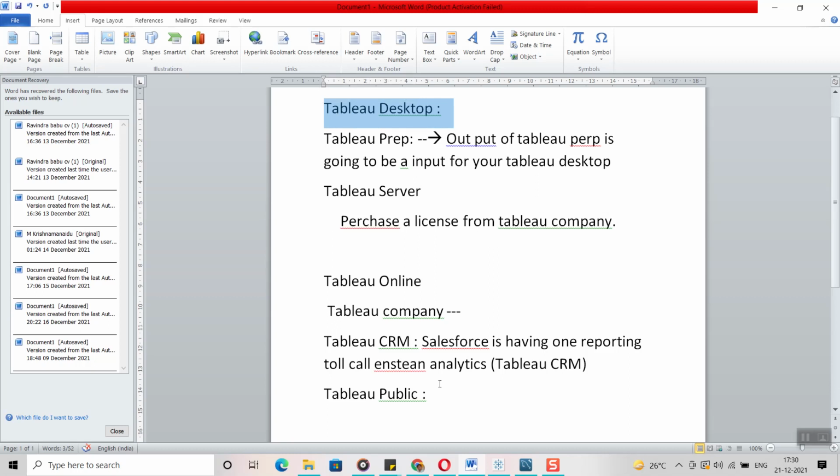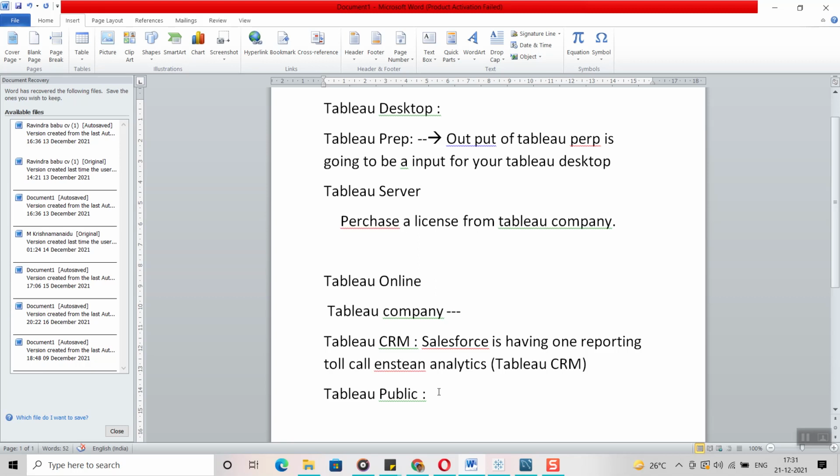But whatever reports you have created using Tableau Public, you cannot save them in your local machine. That is the disadvantage. Let's assume I am using Tableau Public to create visualizations for one of the customers by connecting to local files. How am I going to share those reports with the customer?